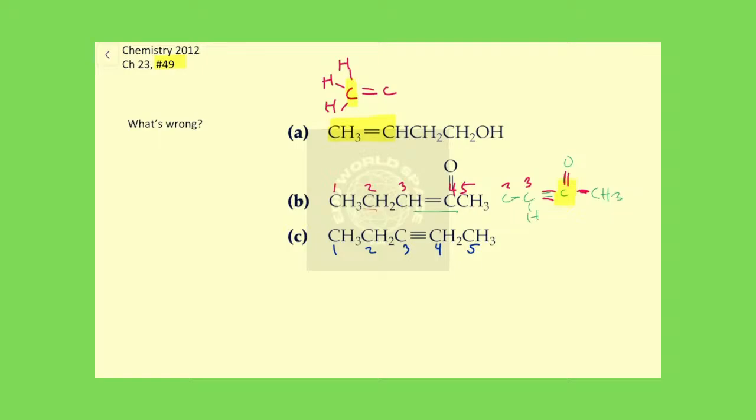Okay, so we got carbon 3, triple bond, C, and then this carbon 4 has 2 hydrogens in it, right? And then it is bonded to a CH3. And then on the left, we got CH2 bonded to carbon 3. So CH2. Okay, so is there anything wrong here? Well, yes